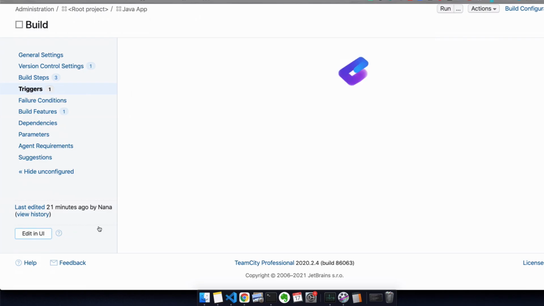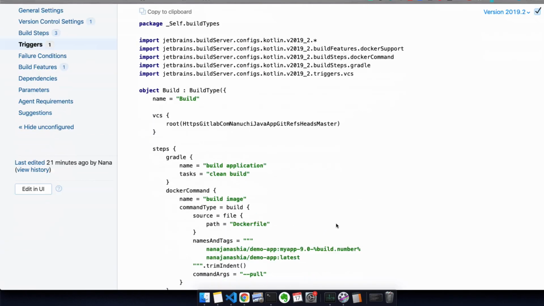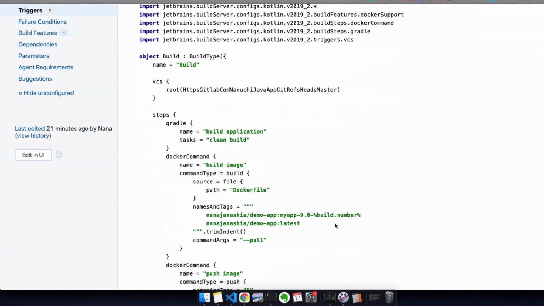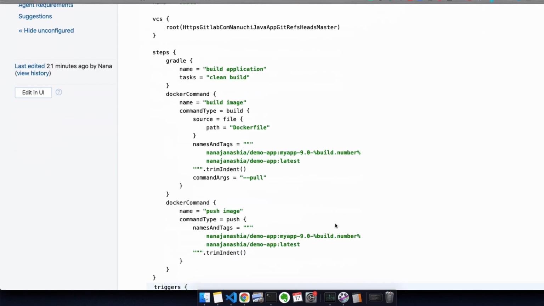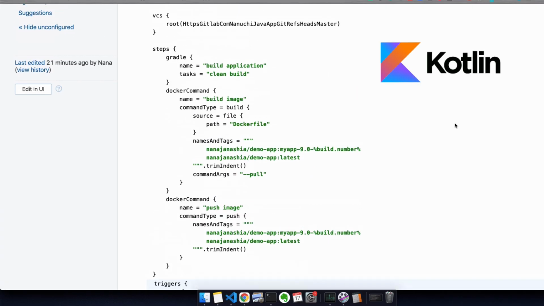And if I click inside, you get this auto-generated build configuration code, which basically describes exactly what we did in the UI with the build steps and triggers, etc., written in Kotlin programming language. And optionally, you could also work with this file